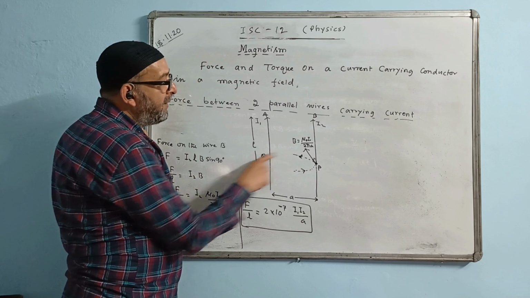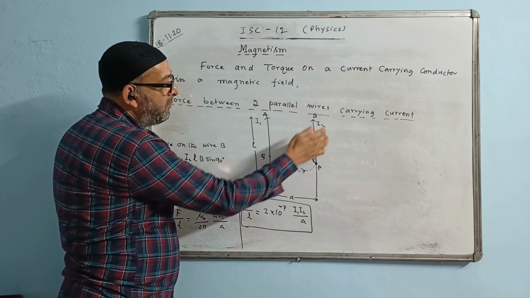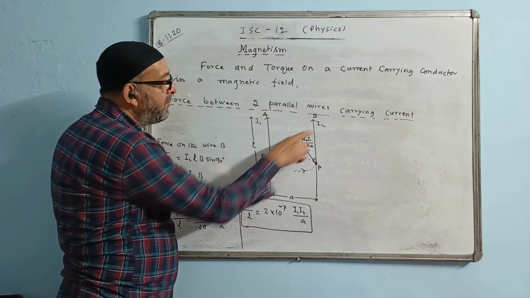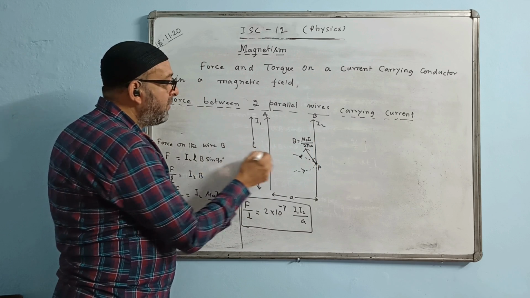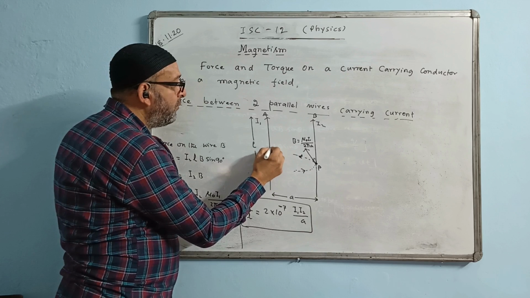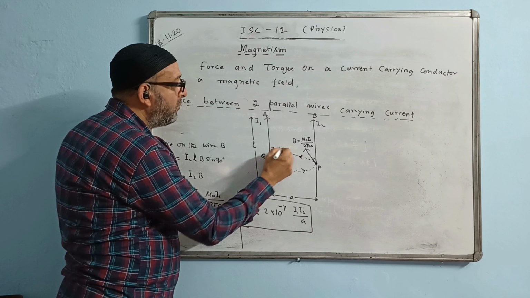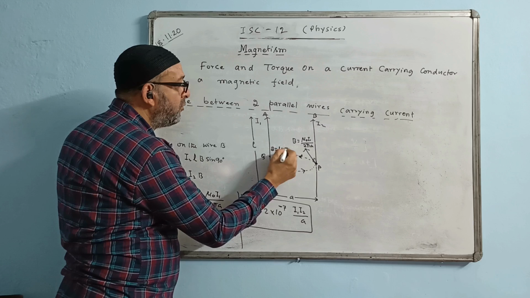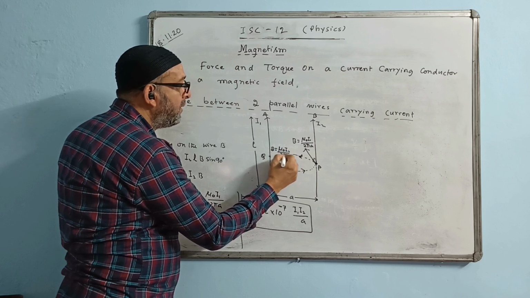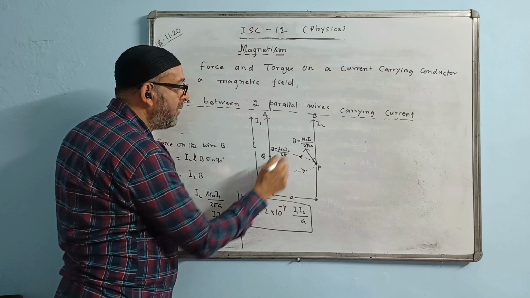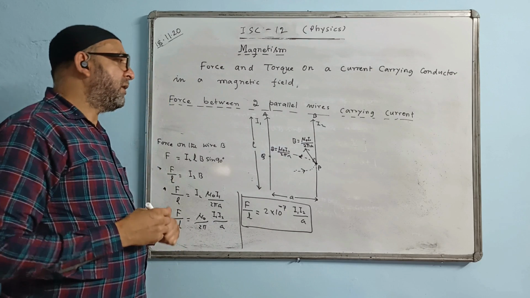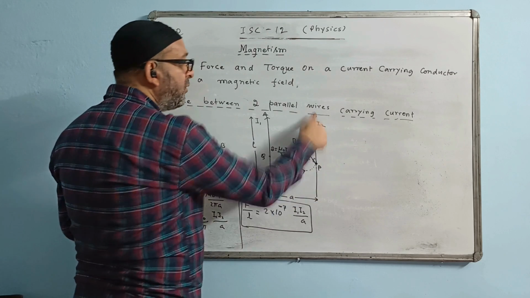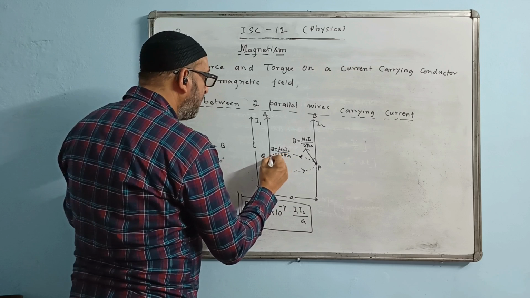On this wire there will be the magnetic field of the second conductor. This magnetic field will exist because of this current. What is the value of the magnetic field? The B value I write here, mu naught, but the current out here is I2. I write here mu naught I2 by 2 pi. The distance from here till here is A only. And in what direction will it act? Let us check. This current is also in the upward direction. Here also I mark a circle.